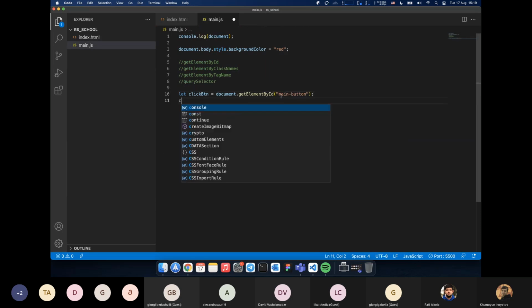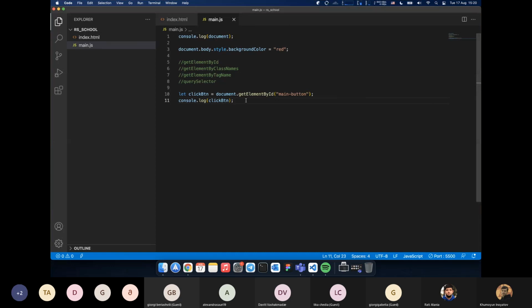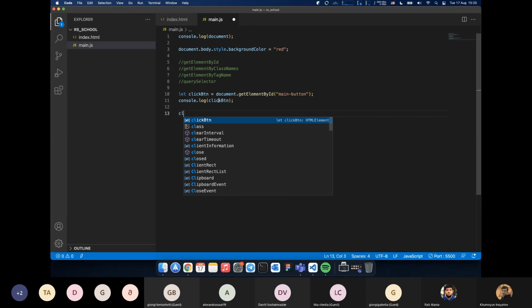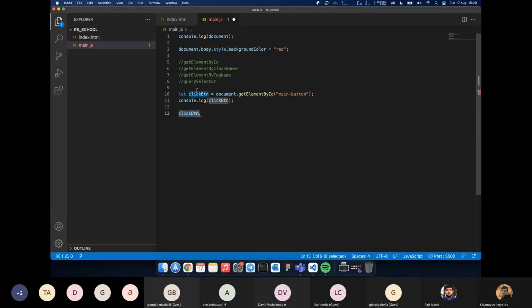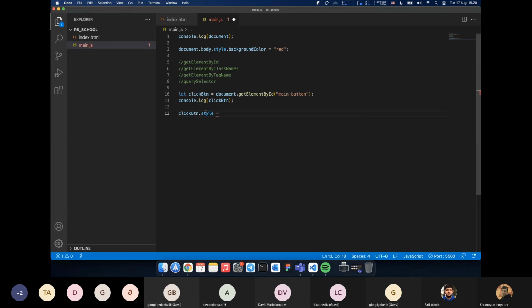So if we give it to the console, click button, we can see our button and it's found, and we can use some kind of events with the help of this button, or we can change the style of this button. How? Like in an example above, click button. We are referring to this variable, click button, style, and also, for example,